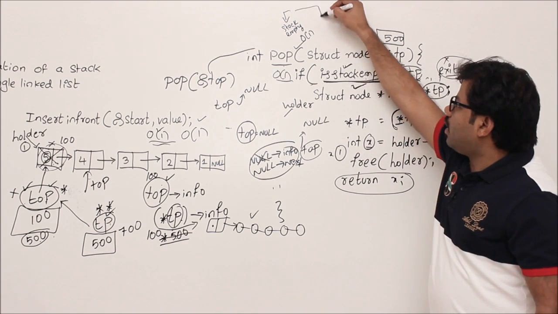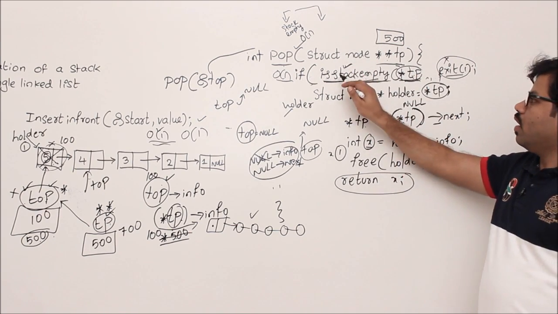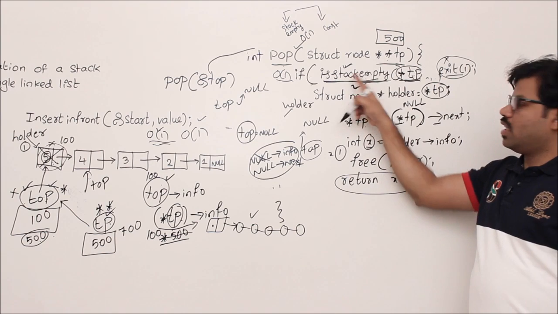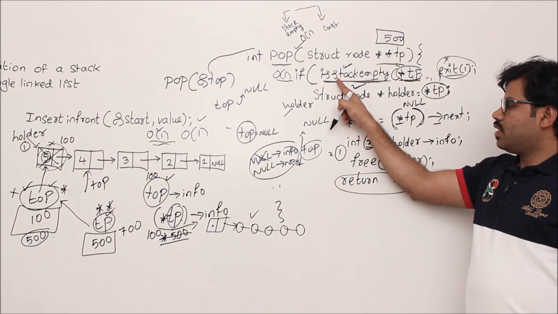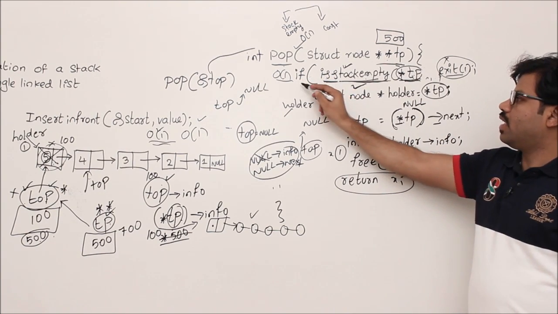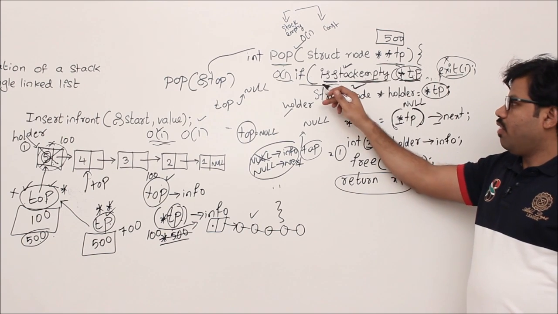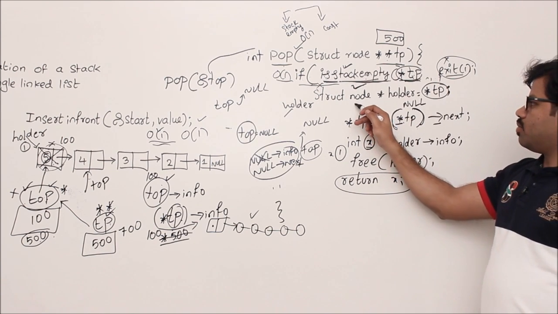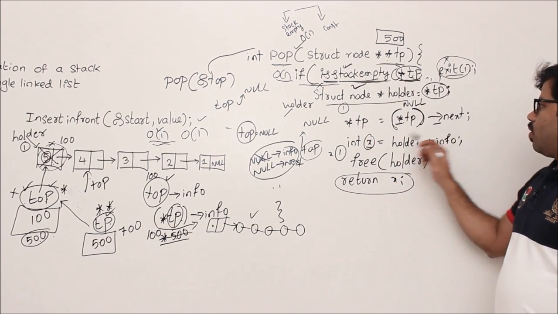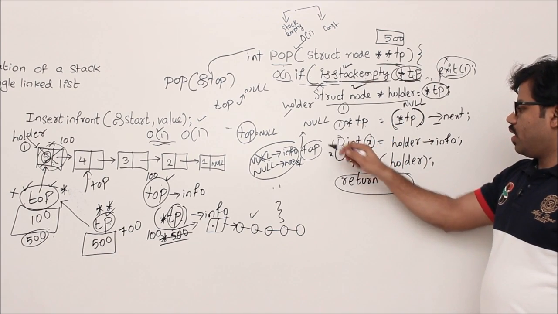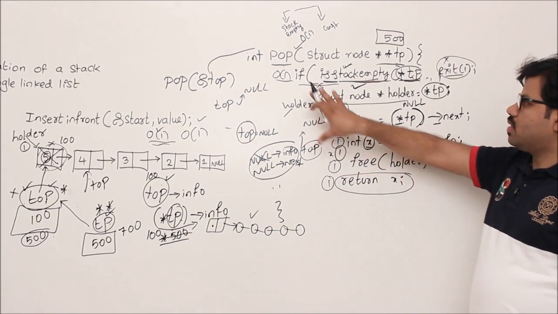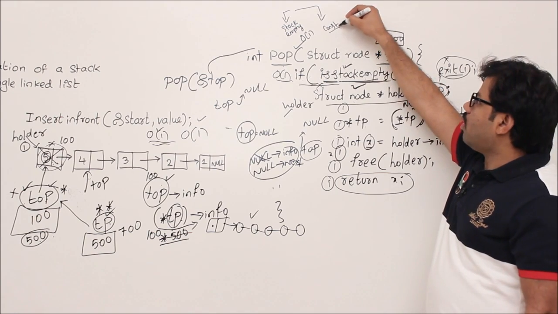Else, if the stack is not empty, then this condition will become false. To know that the condition is false, it takes constant time because the eStackEmpty method takes constant time, right? So first of all we execute it, it takes constant time. After that, the if condition takes constant time. Overall, after constant time, I can say that the if will be terminated. If the condition becomes false, then control comes here. This is a single line initialization, correct? It takes 1 unit of time. So *tp equal to *tp->next is 1 unit, 1 unit, 1 unit, 1 unit. Again, there is some constant time. So constant plus constant is constant. So here also it is constant, order of 1.